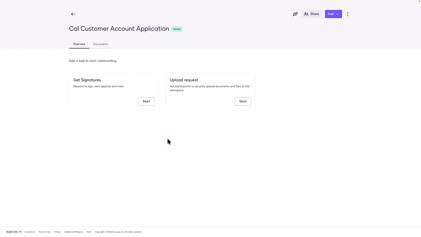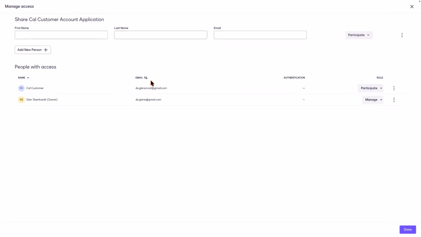Now I've got that user in here, and I can go ahead and assign a task to Cal if I want to, like if I need to send an envelope, for example. But I want to add an internal user to this workspace as well, so I'll click on Share once again. We'll see both of those users are now showing in here and the different roles that are assigned to each of them. I'm going to create an additional participant in this workflow, but I want to give them the ability to manage this. So let me go ahead and find a user in here. I'll go ahead and put in Andre.